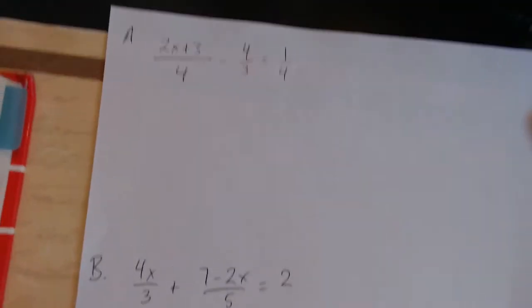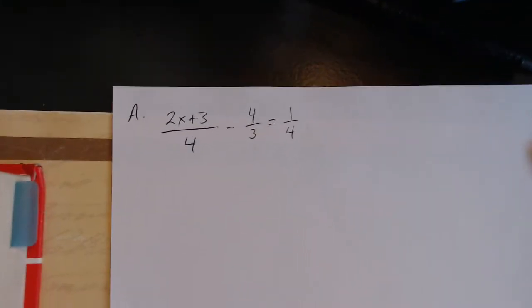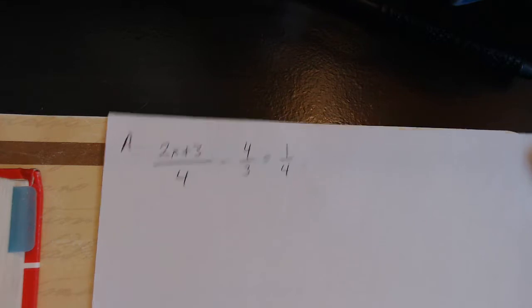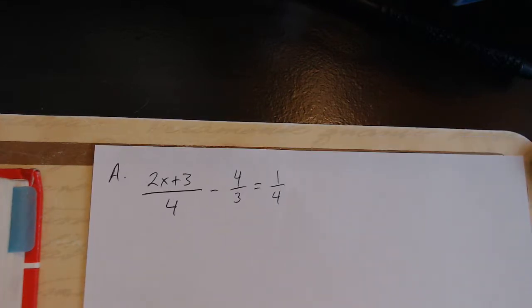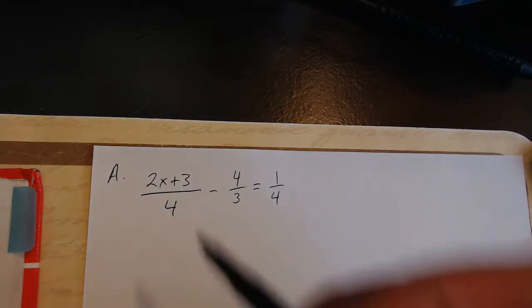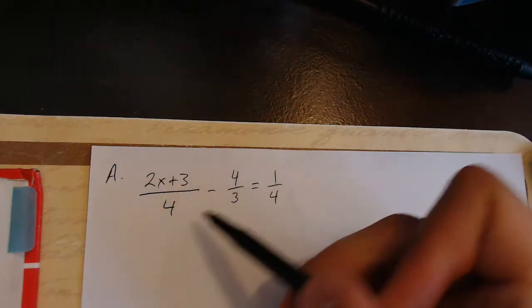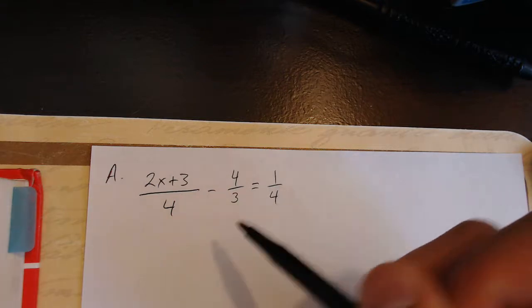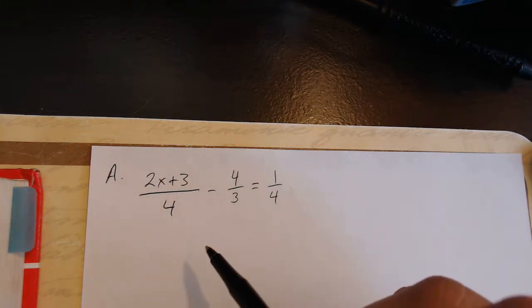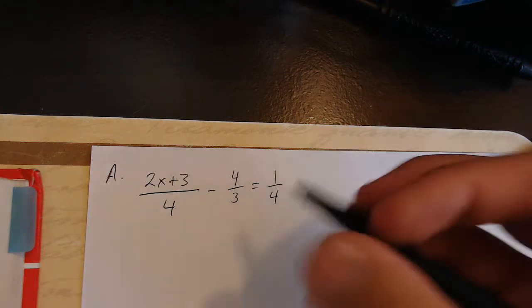On the same lesson set, we have two practice problems. We'll start with A. And with fractional equations, the goal is to find a common denominator amongst all terms, so that way we can eliminate the denominator. When we look at all of our denominators, we have 4, 3, and 4. The common denominator is going to be 12. So if we multiply each term in the equation by